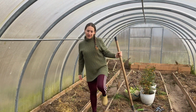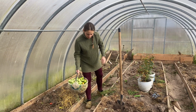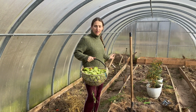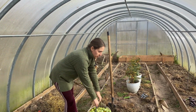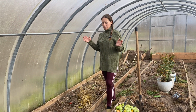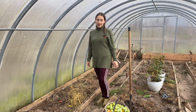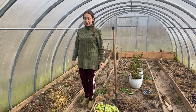So I have finished clearing everything up, and here we've got this amount of tomatoes that we gathered while clearing everything up. And actually it feels so unusual right now, because during summer you get accustomed to this lush greenery, the tomatoes, and at the moment it's just completely empty, and it's going to remain so for the next months until we